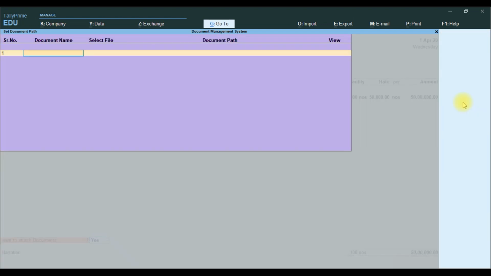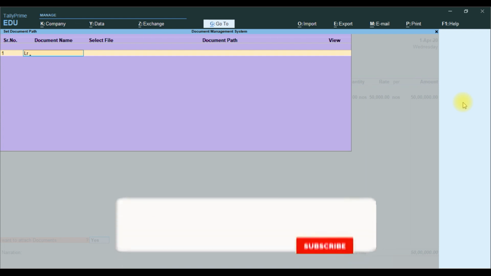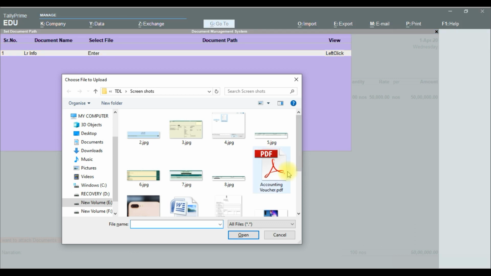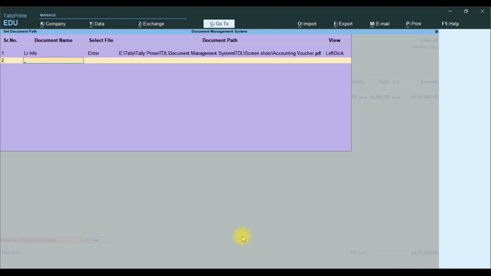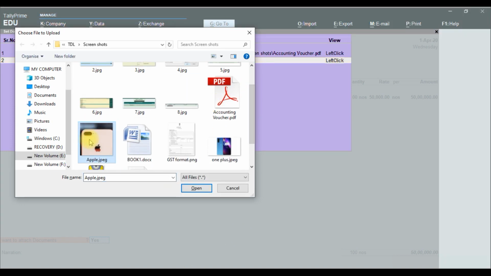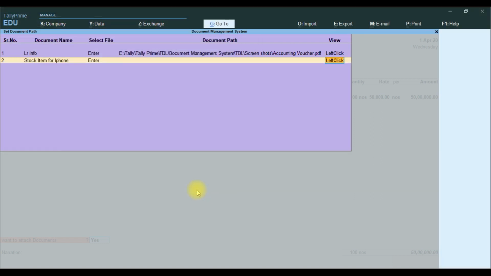Want to attach document? Yes. Then we attach LR info, enter. Then we attach information. Select the file and open the file it attached. Then stock item image for iPhone, select the image Apple, enter.